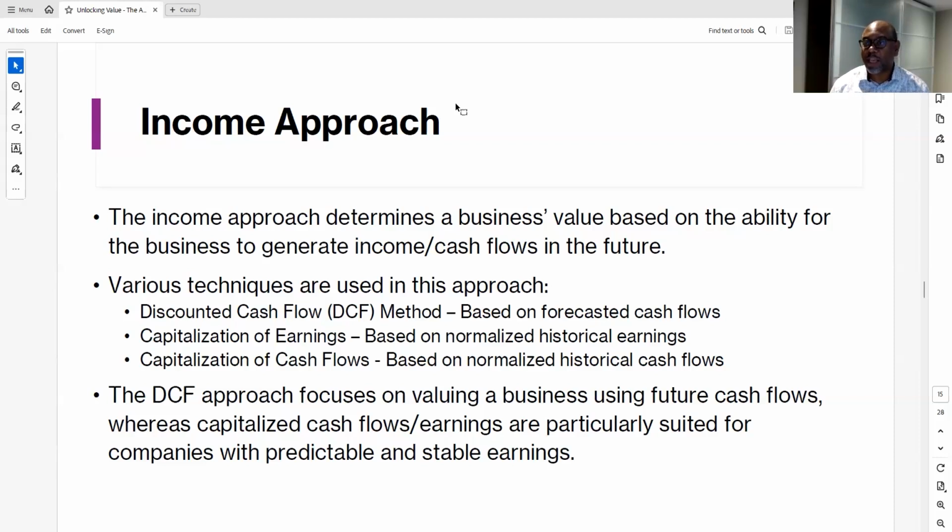So it's based on forecasted cash flow, so it's very forward-looking. Capitalization of earnings is based on normalized historical earnings. So we'll look at, let's say, the last 5 years and maybe weight those years more towards the most current years. And that's really if the business is very stable, mature business. And capitalization of cash flows is the same approach. It's just looking at cash flows instead of